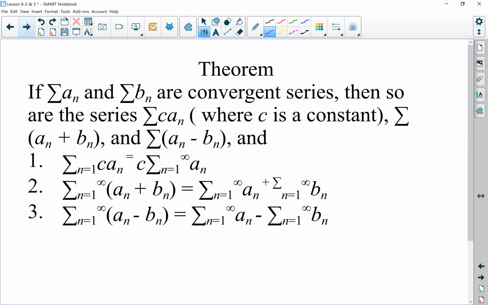In fact, the way that you could write each of those, if you just take that constant times the sum of a sub n, that would be your sum. If you have the sum of a sub n plus b sub n, that would be the sum of a sub n